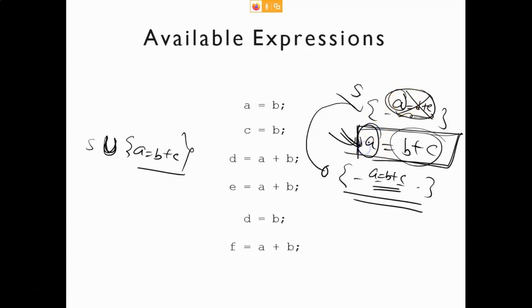Basically, because here we are assigning into A, you will remove those expressions which include A. Similarly, if you have another expression in this set S that includes A, then also it won't be available, because the value of A has changed. So you need to remove these types of expressions.